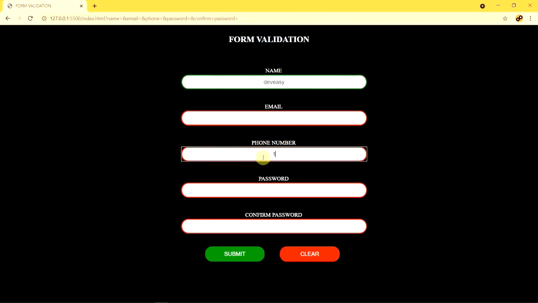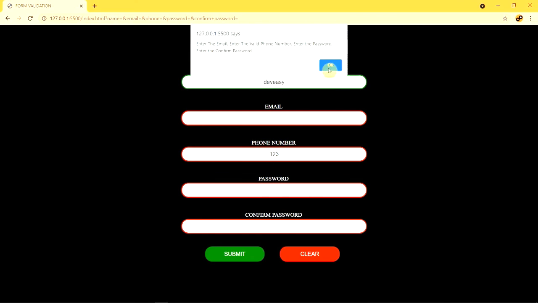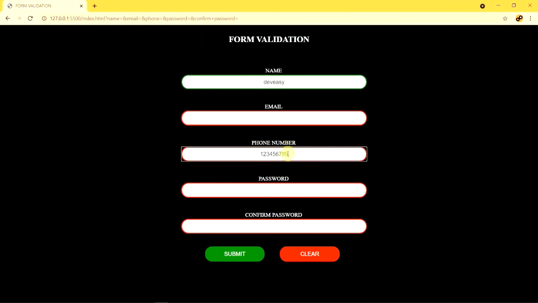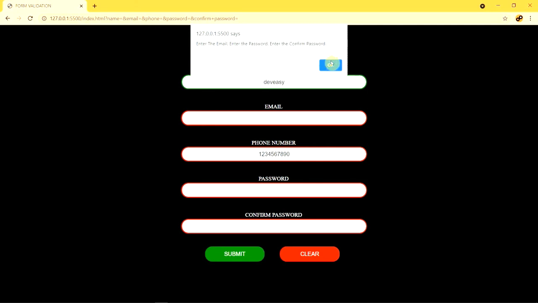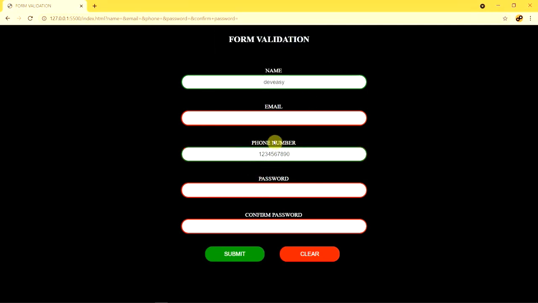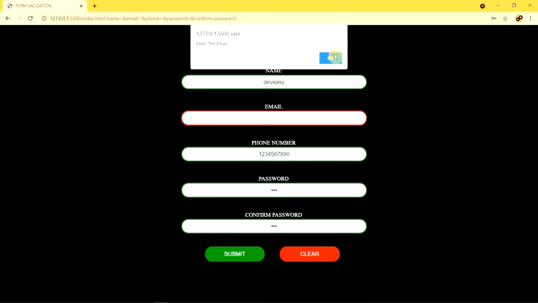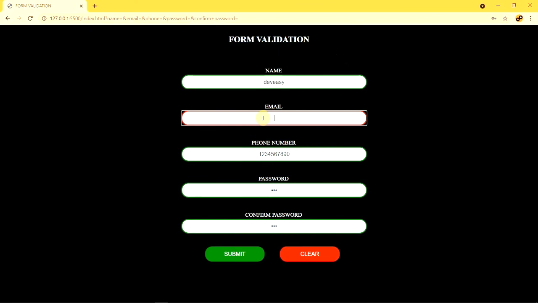Similarly, when I enter only 3 digits, I'm getting the error. And let me enter the exact 10 digits. So the number error has gone, and then this I have got as green. And let me enter 123 123 as the password, both passwords are same. I'm getting only enter the email. And in email, when you give the type as email in our HTML, we have got the inbuilt validation of @ and a dot in our input box. So there is no need to worry about that. So let me just give Devizy and see, we are getting this thing here, missing @ and dot.